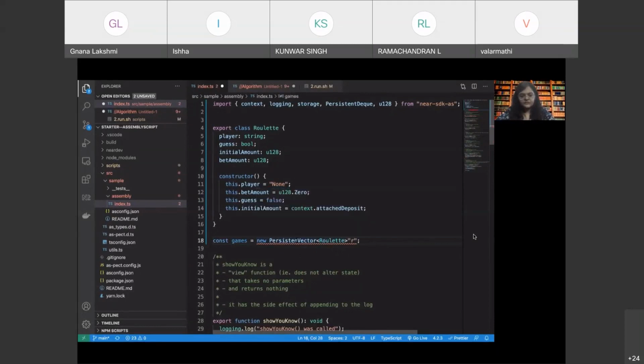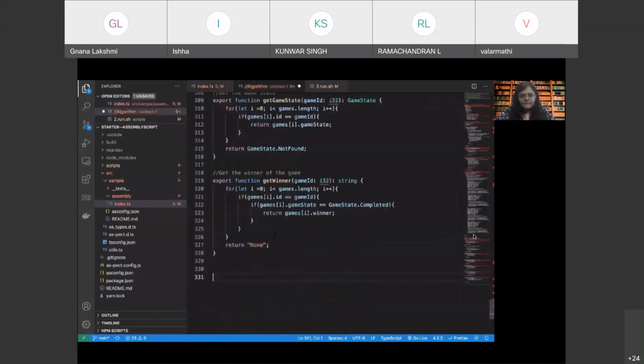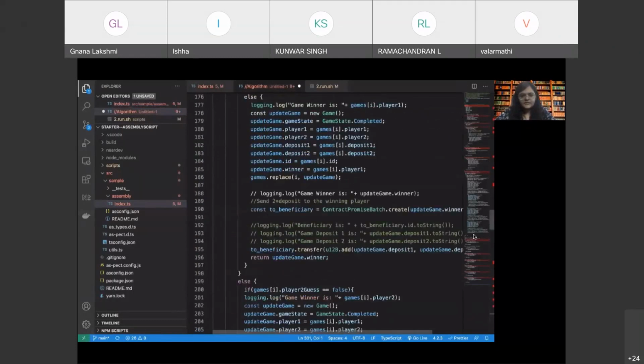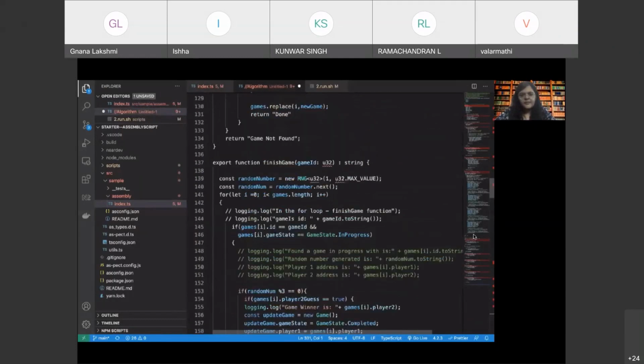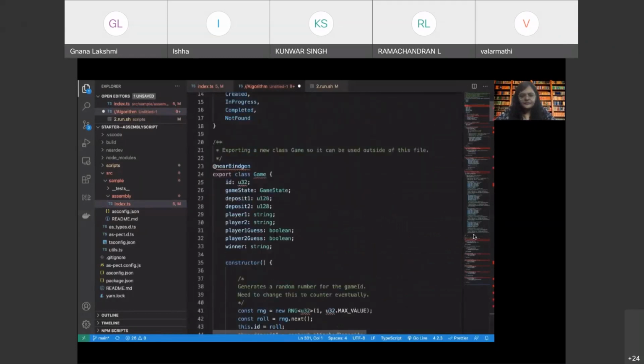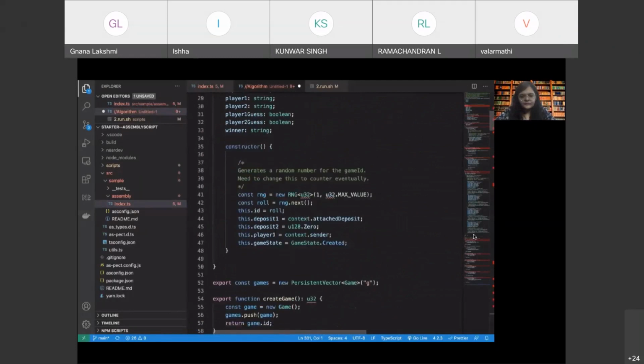So, spelling mistake. Let's see if there is a syntax error. This is fine.